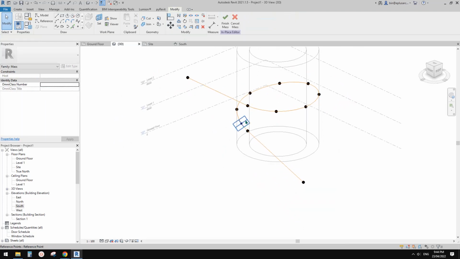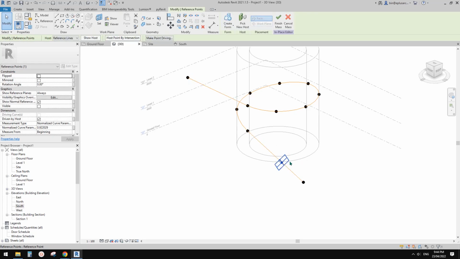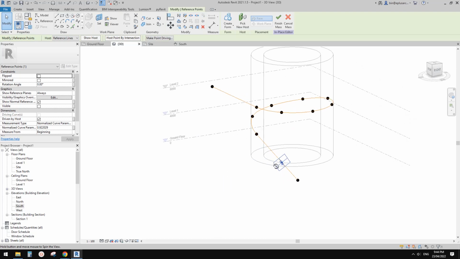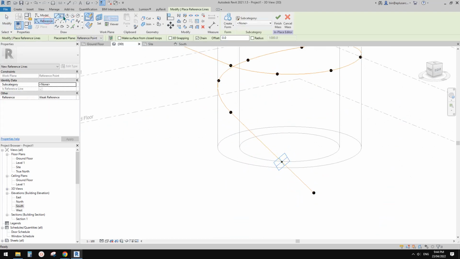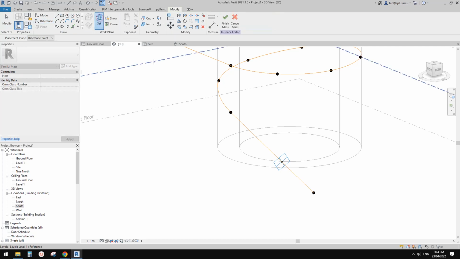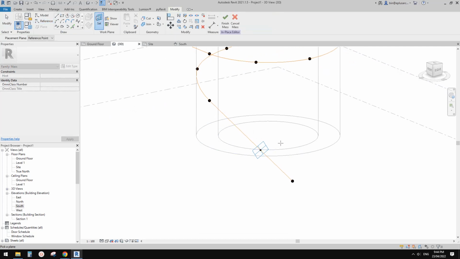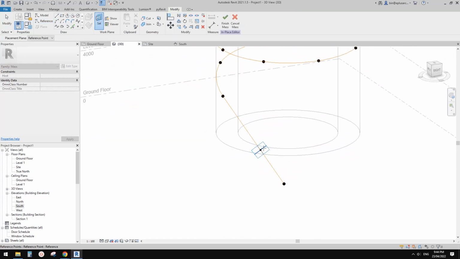So it will be very easy to drag it or place a profile onto it. Okay, so now we have this point. We can start to place